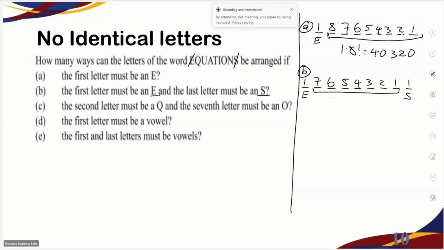This is 1 multiplied by 7 factorial multiplied by 1, which gives us 5040. Meaning if the word starts with the letter E, ends with the letter S, those letters can be arranged in 5040 ways. The third question,